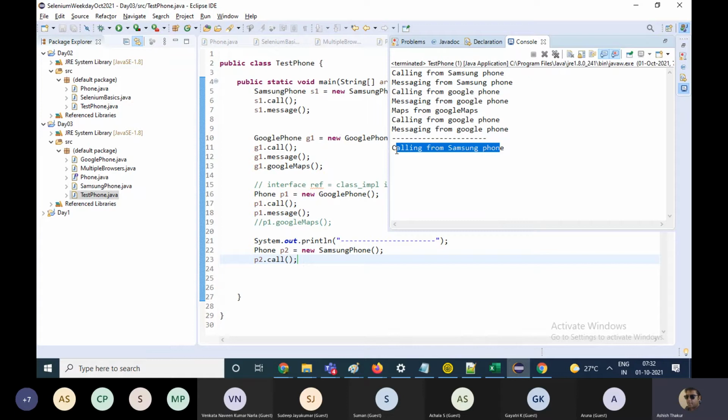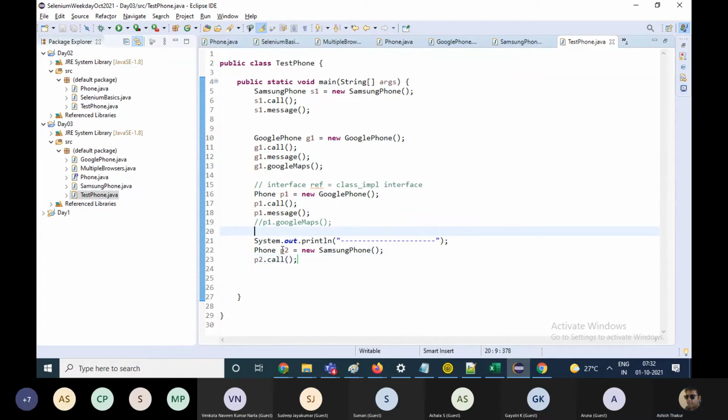Now here comes the twist. On the next line, I can make P2 point towards Google phone. So same reference is first pointing towards Samsung phone, and the same reference is now pointing towards Google phone. If I write p2.call again, this will call the call function from Google phone. And this is calling call function from the Samsung phone.